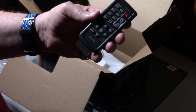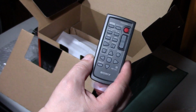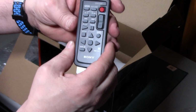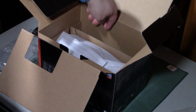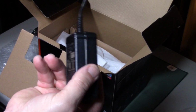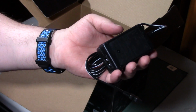Alright. Okay, so it comes with the actual remote control. So that's something that I was looking for as well when I was trying to look for a new camcorder. Okay. And then here's the actual power brick to charge the camera. And then,